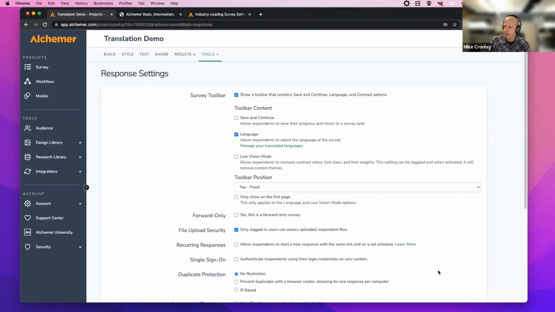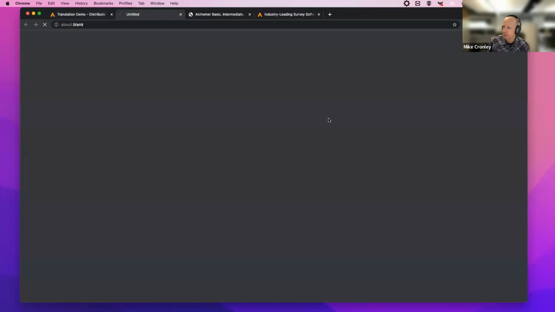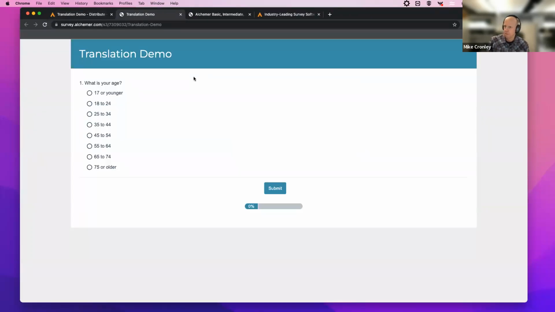So now I have a translated survey in Spanish, and I'm going to give the option to the respondent to pick if the system isn't showing the one that they like automatically. So if I go to Share, whenever I'm testing anything that's a little bit more advanced, like text and translations, I think it's really good just to start from the share link as far as that testing protocol. So I'll go to Share and View, and then this is the effect.